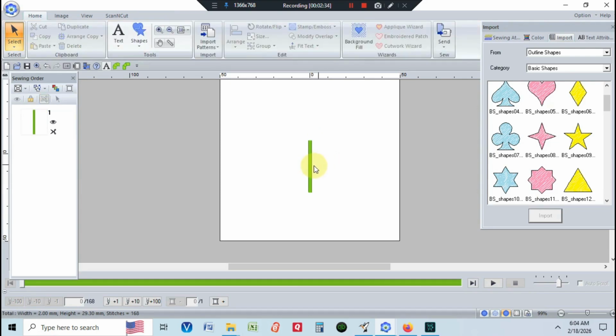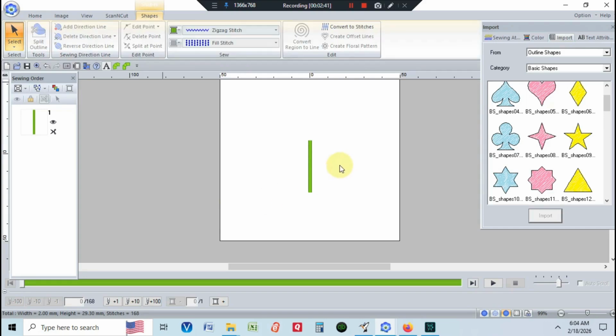Now let's add a couple leaves to that shape. We'll click on Shapes, click on the leaf, go back to our design screen, click our left mouse button, hold down Shift and drag. I don't like those colors, so I will change it to a green